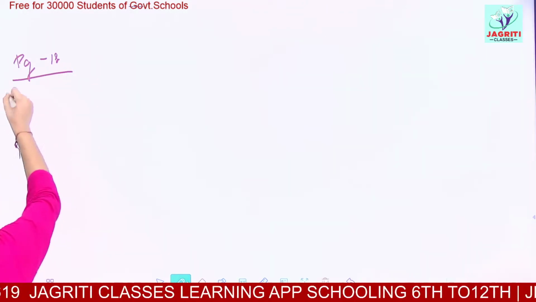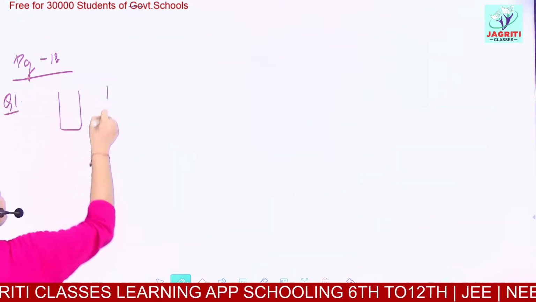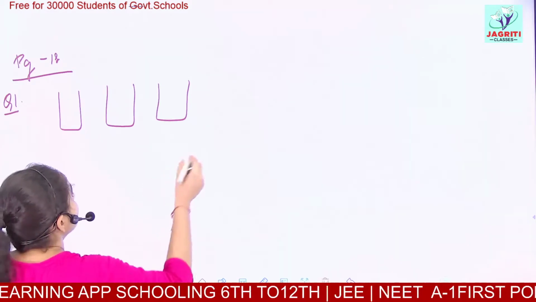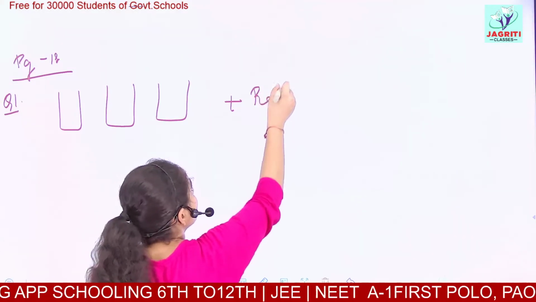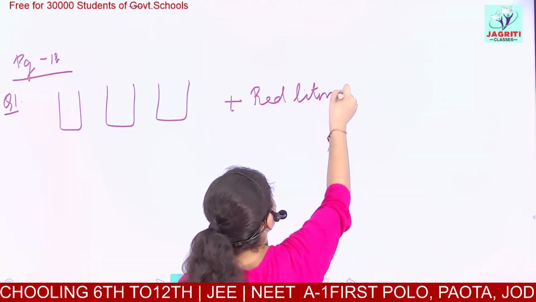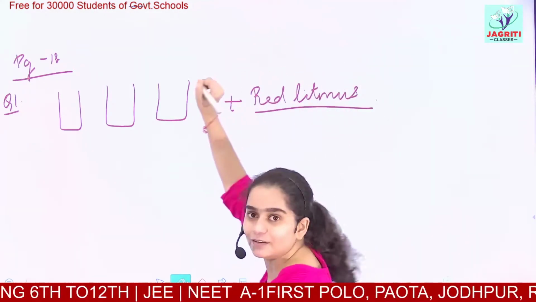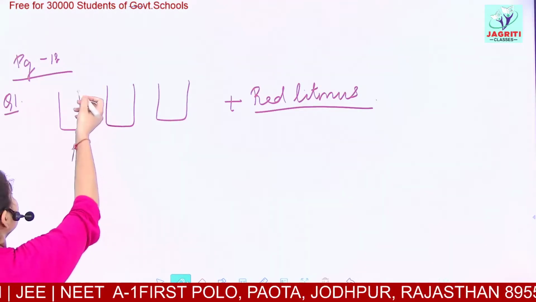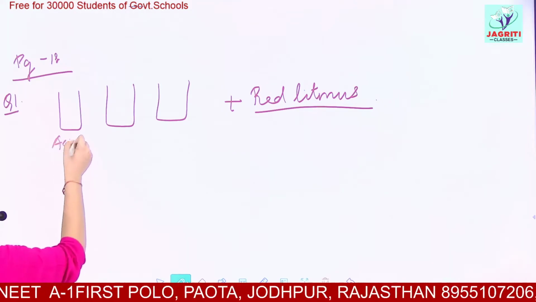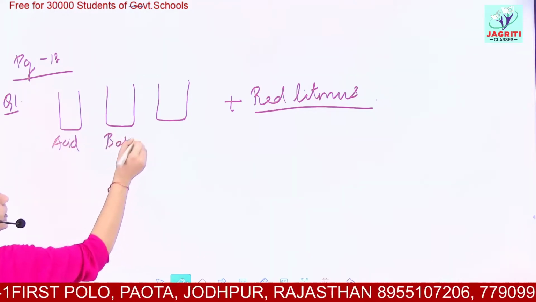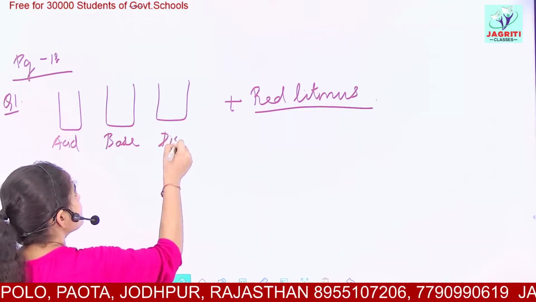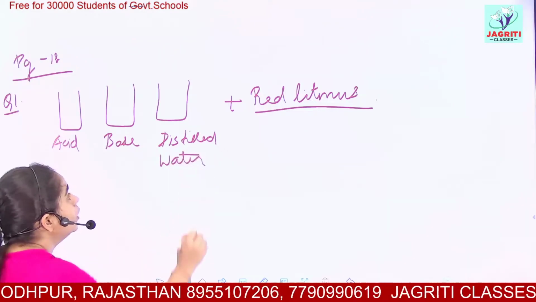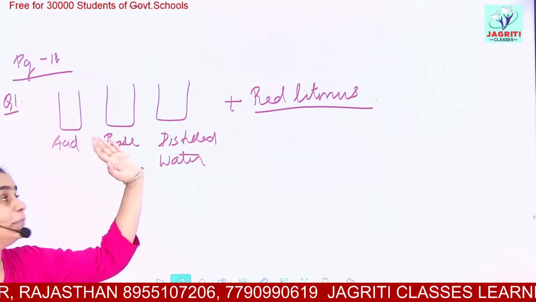You have been provided with 3 test tubes and a red litmus paper. This is a very easy and a logical question. I hope you all can attempt this. It is given that any one of the test tubes can contain an acid, any one is a base, and the remaining third contains distilled water. Distilled water means pure water. We don't know which one contains acid, base and water.